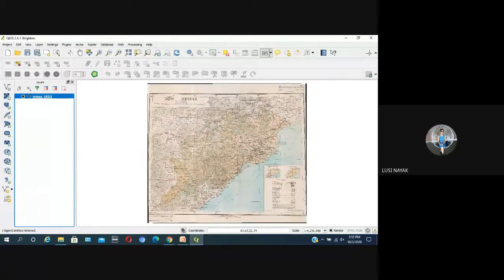Now you can do one thing: convert this JPG map by opening it in any other photo editor package like Microsoft default Paintbrush or Photo Editor, or photo viewer, and save it as a TIFF file. Then again try to open it in QGIS. Then you can continue the same process again.